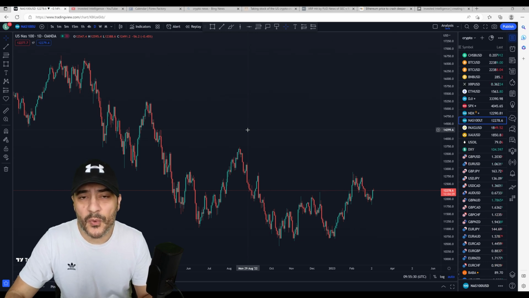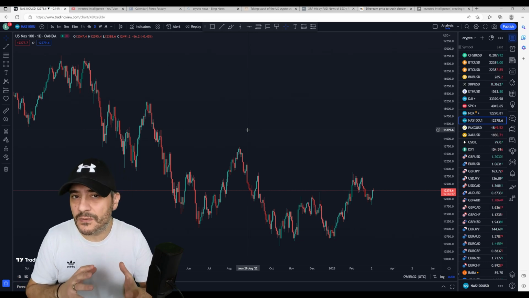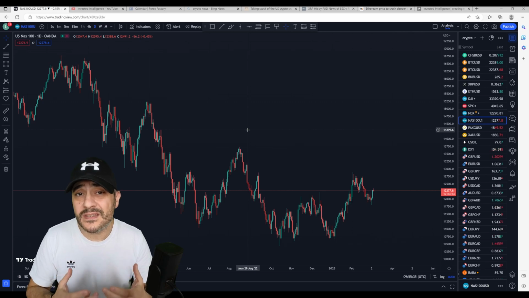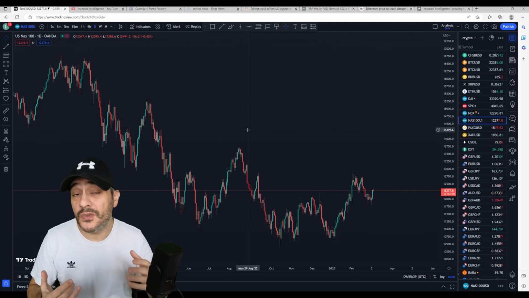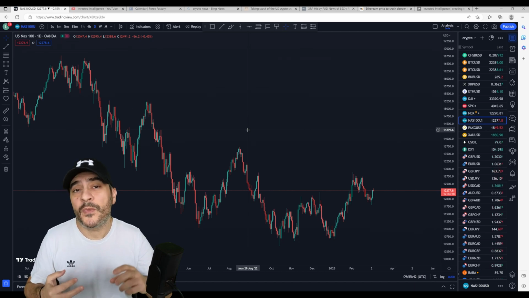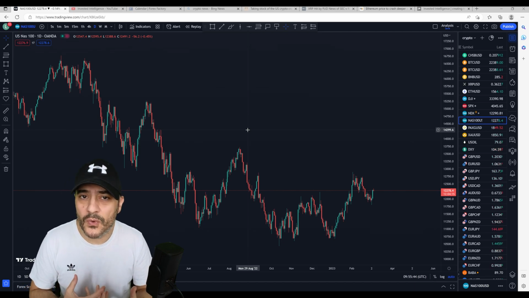Today I'm going to be discussing how to draw very simple support and resistance. The idea here isn't to get clever with our technical analysis. It really is as simple as just making references on your chart and then waiting for price to do one of two things: drive into those levels or hit those levels, so you can make more informed trading and